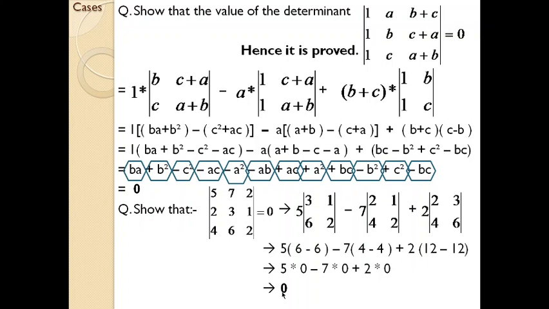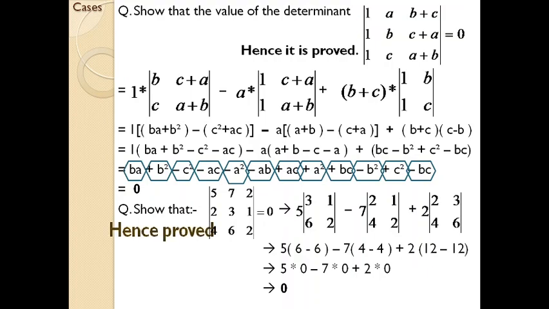So sometimes you may come across a question where you are asked to prove the statement that is given in the question. So you have proved that this certain determinant value is 0. So now you have dealt with two entirely different cases. One consisting of all numerics and another consisting of alphabets within which you are using plus as well as minus signs. So next you are going to study a new type of matrix. Only the theoretical part, because we have dealt with the practical aspect of the theory.